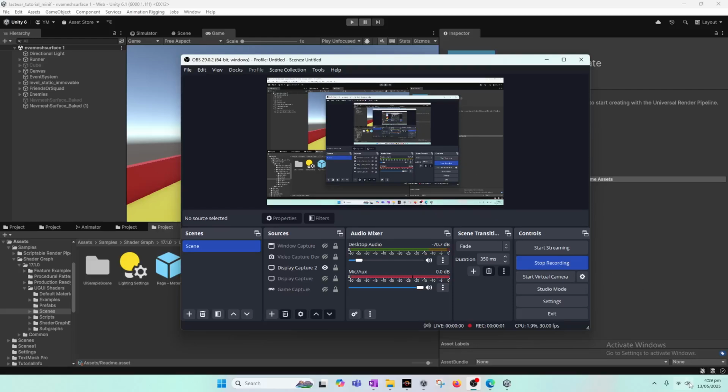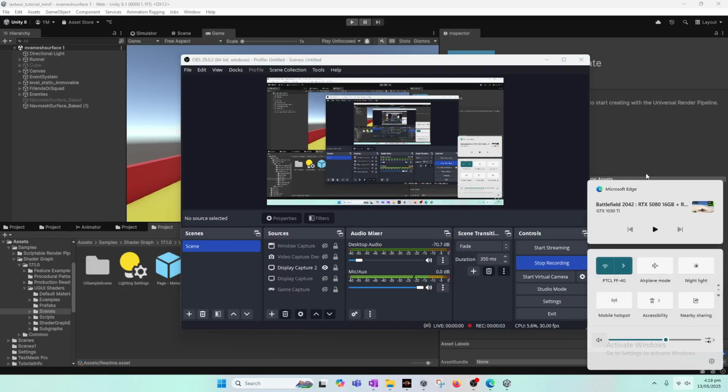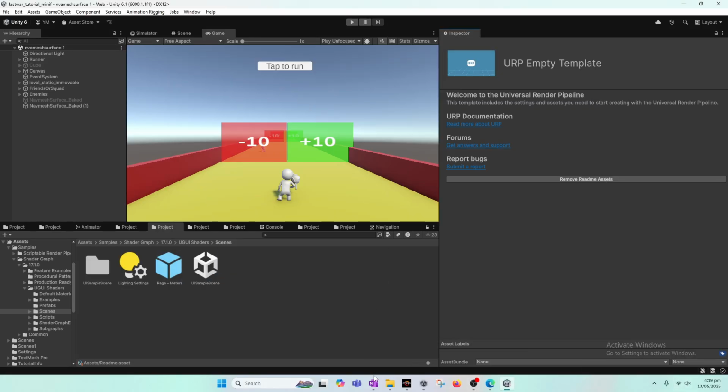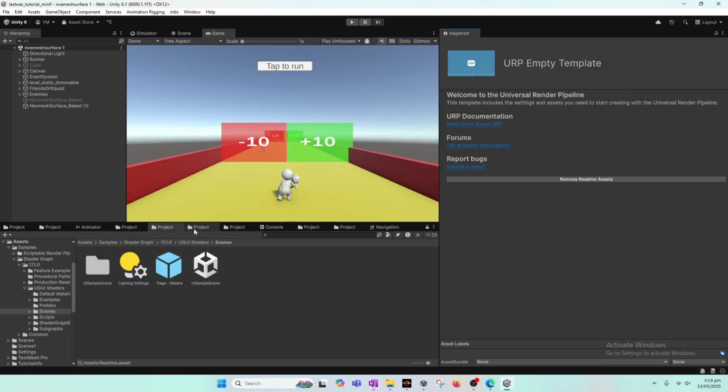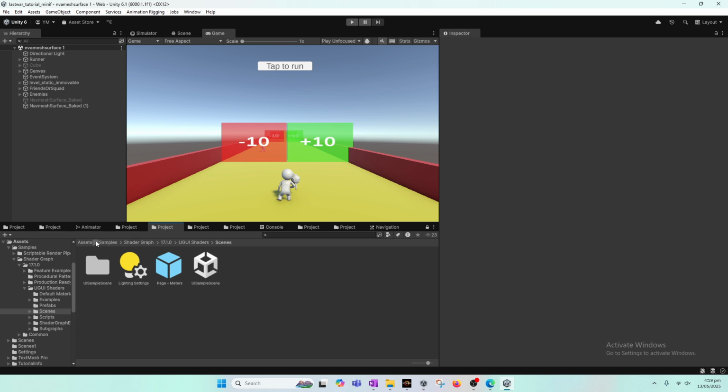Hello, back again, and in this tutorial we will resume from our previous tutorial and put the health bar in place. So when the enemy collides with the player, for this reason we will put the health bar, which is simply in the assets, samples, shader graph 17.1.0,